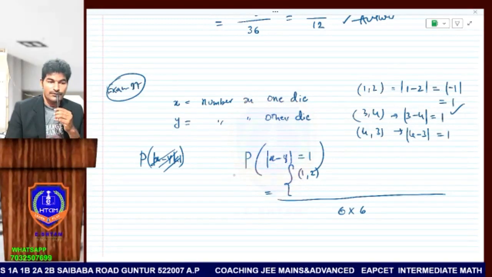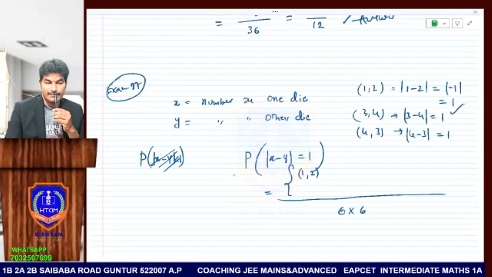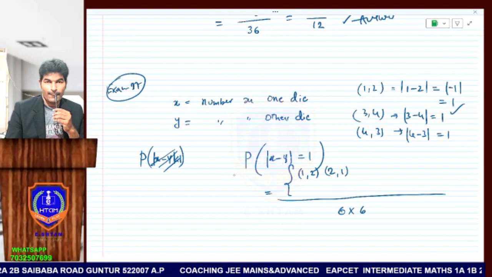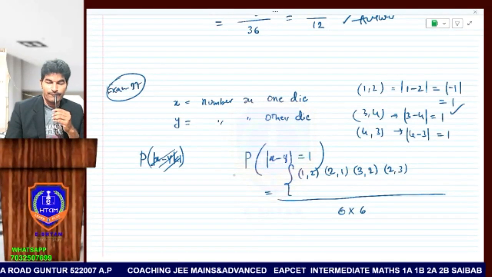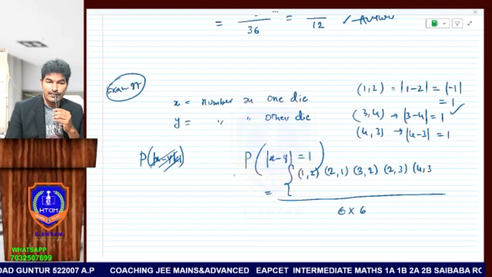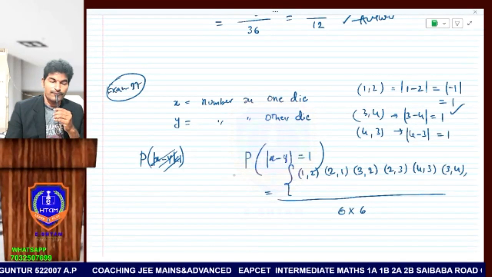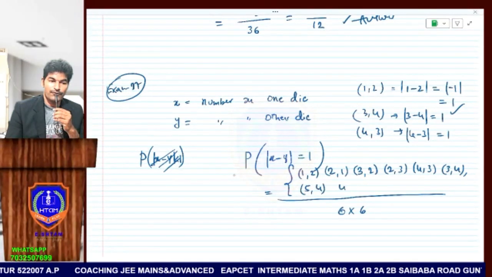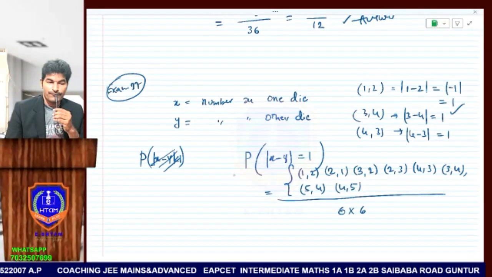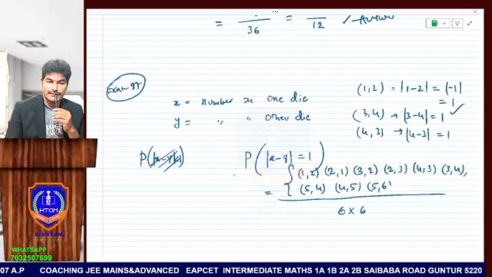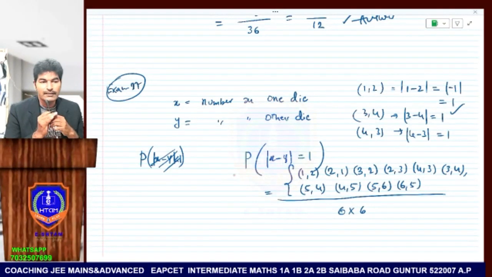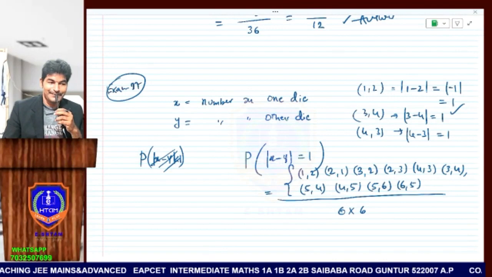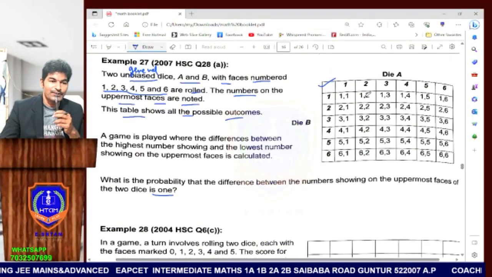So you can write now (1,2). What is the next one? Tell me. (1,2), (2,1). Both have difference 1. (3,2), (2,3). Now tell me more. (4,3), (3,4). Next, (5,4), (4,5). Next, tell me. (5,6), (6,5). Is that enough, or think again? We will check the boxes if something is missing. So (1,2) difference